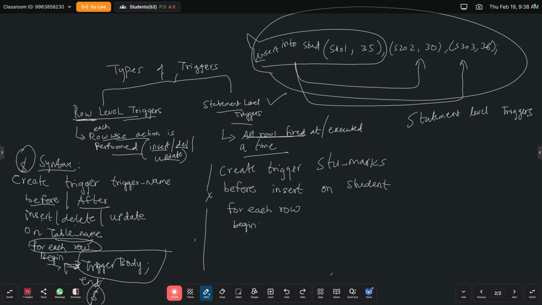Before inserting, you need to first analyze the example. For this student table, I am giving SID and marks. SID 101 has marks 30, and SID 102 has 36. Now if I want to insert a row with 103 as SID and marks as, for example, 70, which comes under what? Before insert, I need to check the condition. What is that condition? I have to write it here.